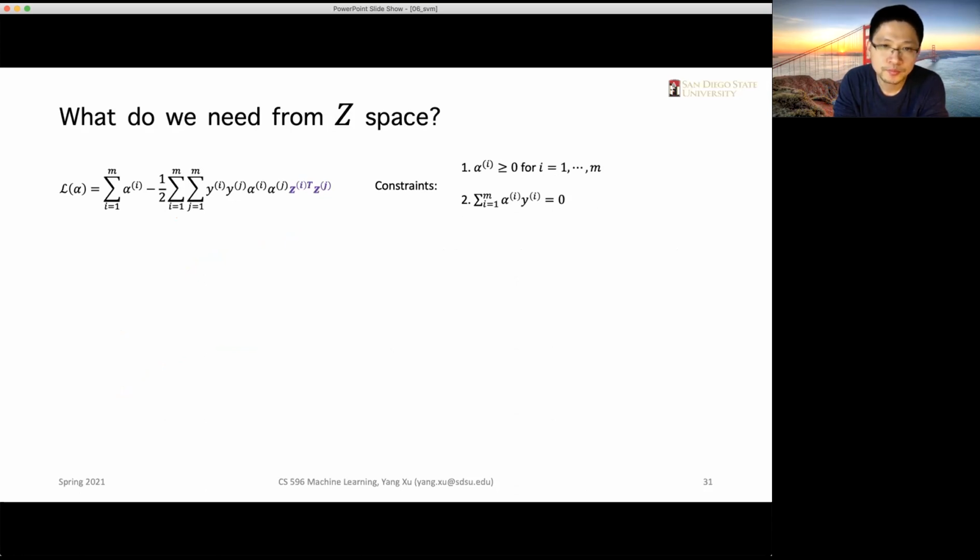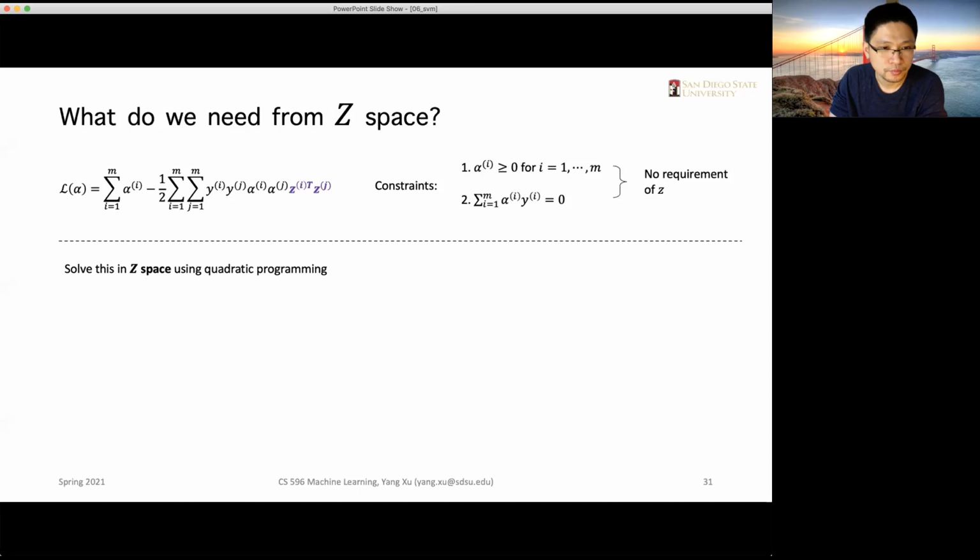Remember, our constraint doesn't change. Constraints do not change either. Okay, so there's no requirement of Z to satisfy the constraints. So if we want to solve the quadratic programming in Z space, we basically